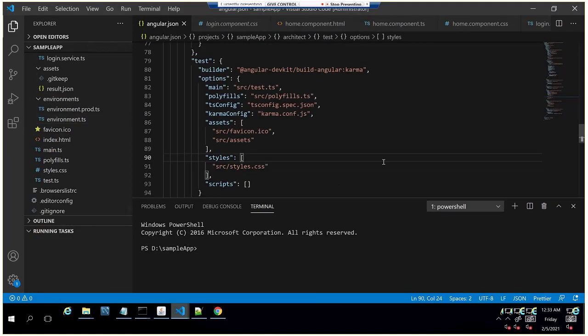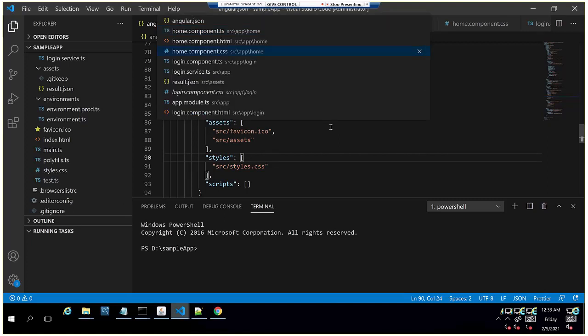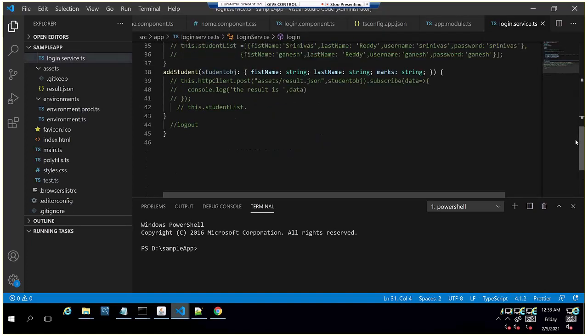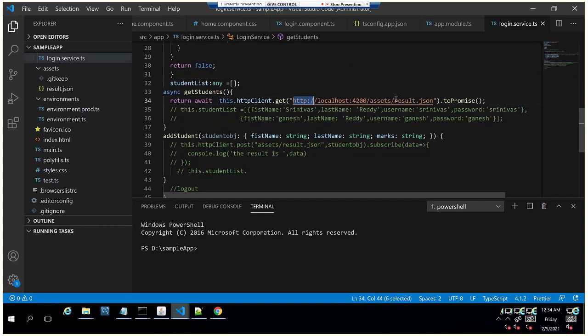Yeah, this is yours. So actually we have created one login service. Inside that we tried to access the URL, but it was not updating. So what we will do is we'll create a local server, use the URL of that server, and add the students to an object inside that server, and we'll delete and modify them, using REST APIs.